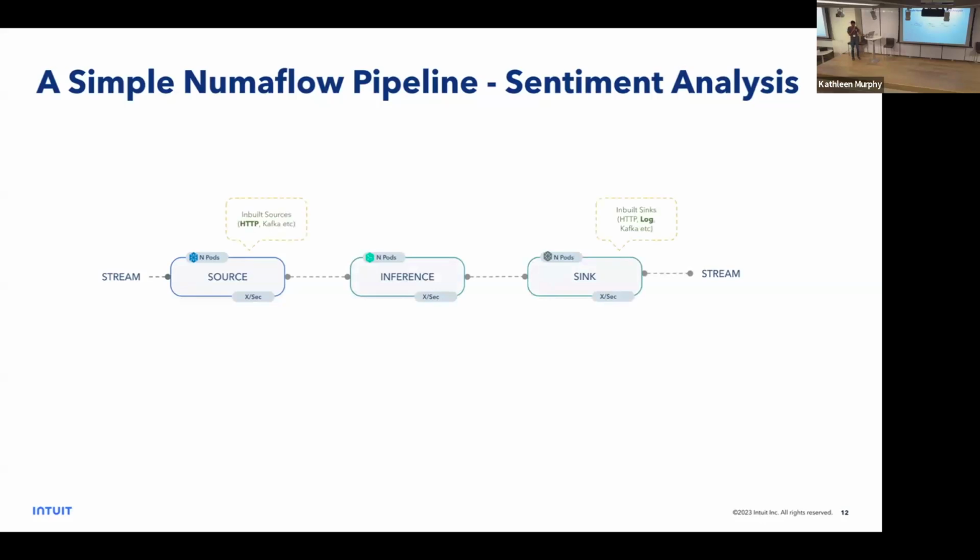So out of the box, as a platform, we provide you sources and sinks where you can connect to different kinds of event sources like HTTP, Kafka, anything that you're interested in. There are a lot of open source connectors that you can use. But if you have really custom sources that you want to write, you should be able to do it as well, because we provide the flexibility of using all of our SDKs to write any of the sources. And for the last one, in this example, I'm just going to use a Hugging Face model because it's easily available and I can do inference on the stream of events that are coming in.